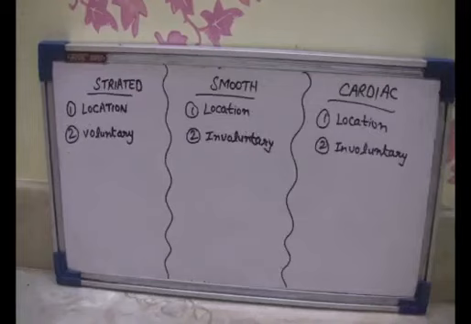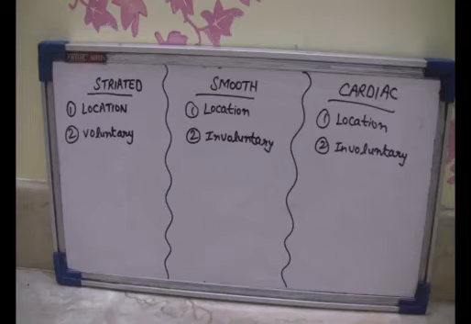There is a very important question in the NCERT book of class 9th, the difference between the striated, smooth and the cardiac muscles. So students, first in this difference, you have to write the location of all the 3 muscles. We have discussed earlier also the location. The striated muscles are present in the muscles of our limbs, the muscles of our hands, arms, and the smooth muscles, they are present in the muscles of iris of our eyes, in our lungs, and cardiac muscles are present in the heart. This is their location which you have to write.